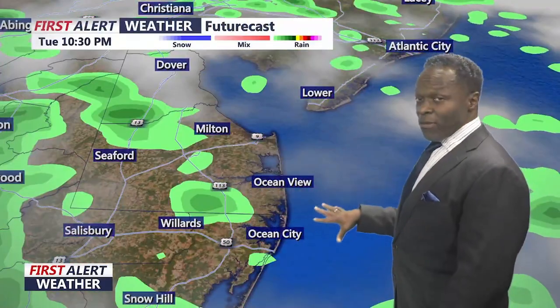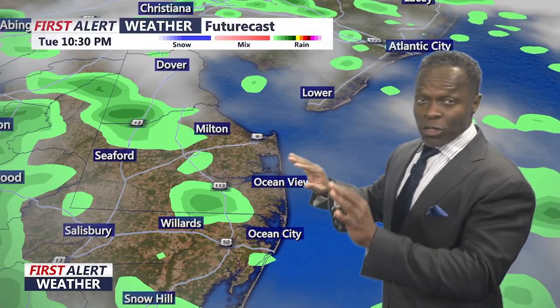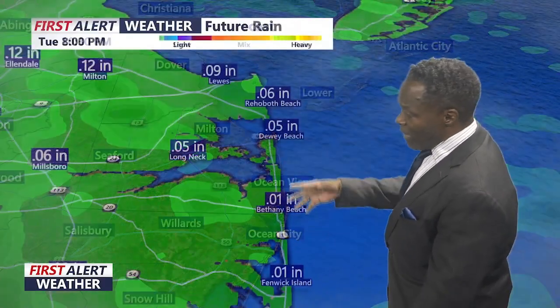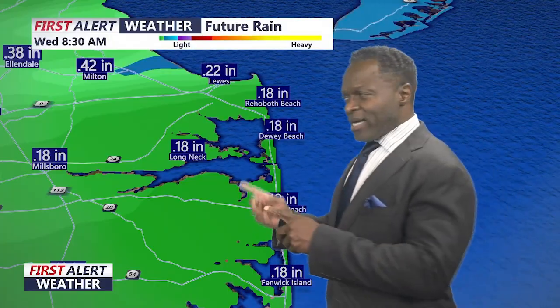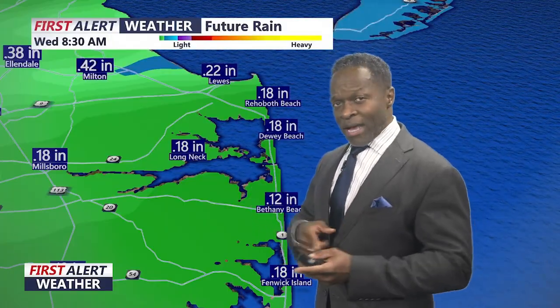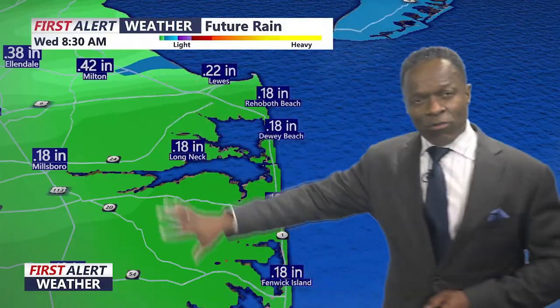And then here comes that rain for Tuesday. All that green you saw, that was dancing on the screen for you for Tuesday going into Tuesday evening, and it may last going into Wednesday morning. But here's the catch. The catch is that it's not going to produce much rain. Now, we may have a touch more between Milton, let's say Lewes, right in that area right there. But other than that, we're looking for maybe